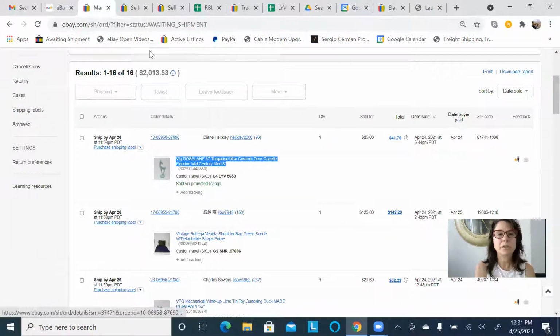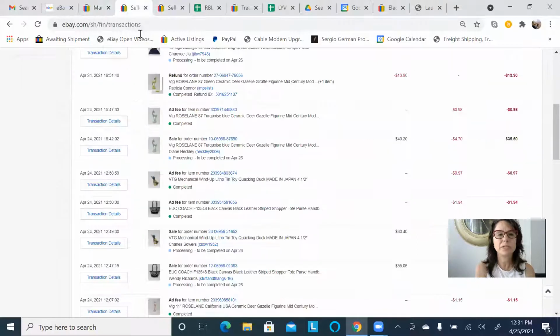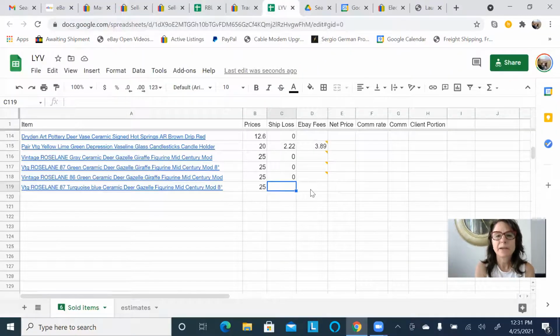And I'm going to go back to where the fees are, and it's $4.70 plus 98 cents. There was no insertion fee for this because I have the store. So I didn't have an insertion fee for this one. Okay, so $4.70 plus 98 cents. So eBay fees equal $4.70